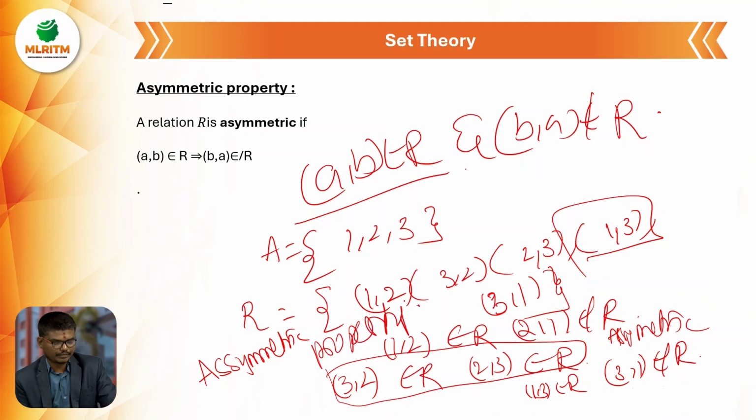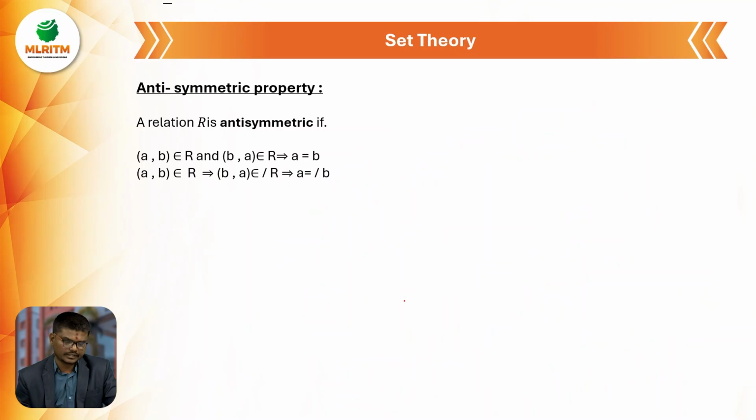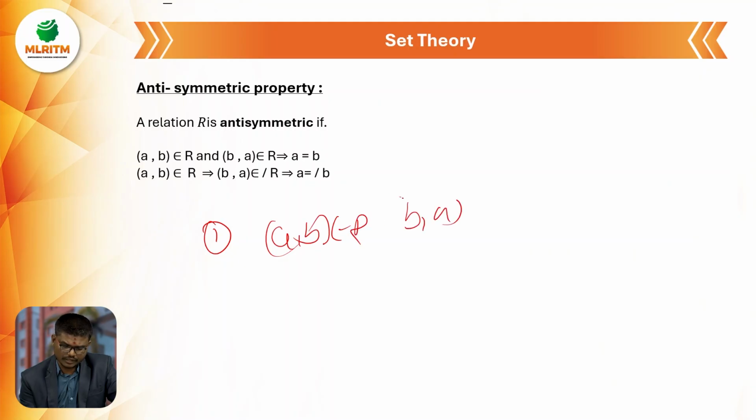This is the asymmetric property. And the fifth property is the antisymmetric property. Here, a relation R on set A satisfies the antisymmetric property if it meets two conditions. The first one is: (a, b) belongs to R and (b, a) belongs to R if and only if